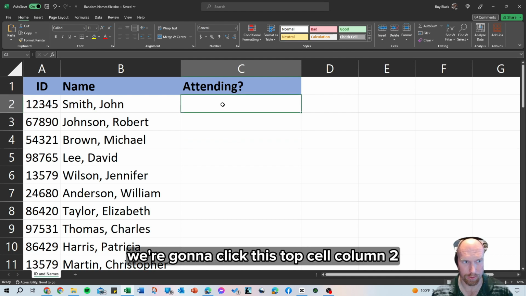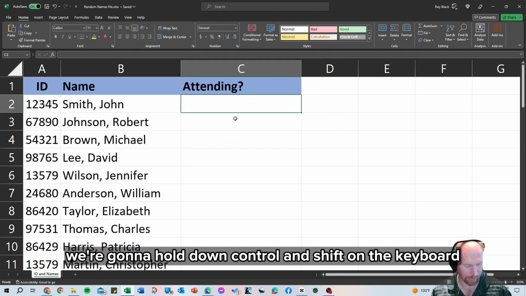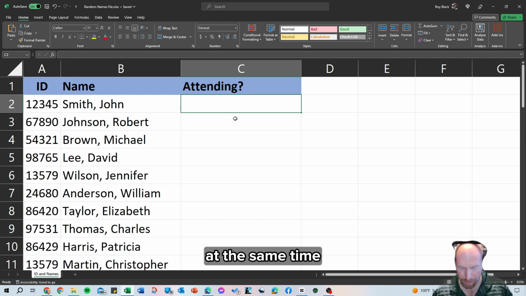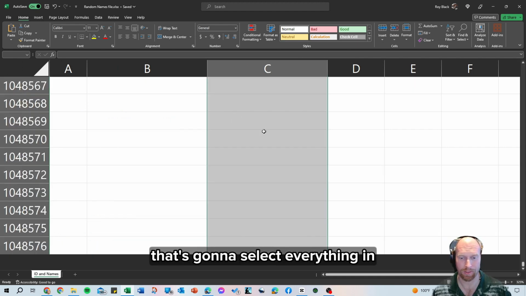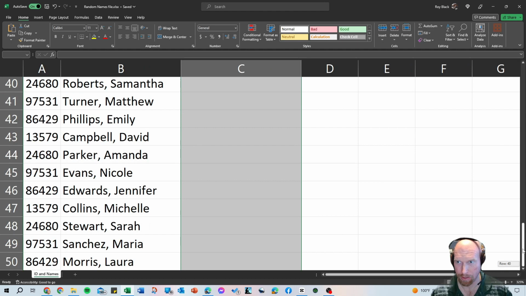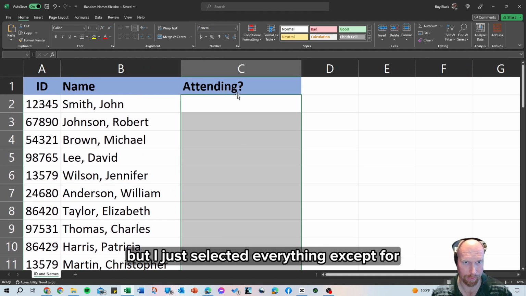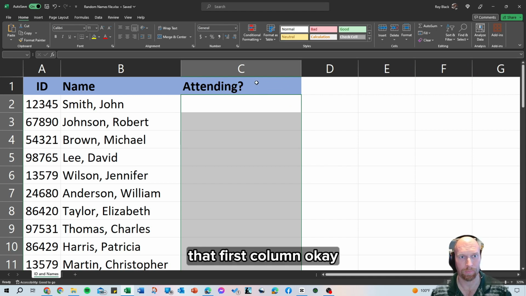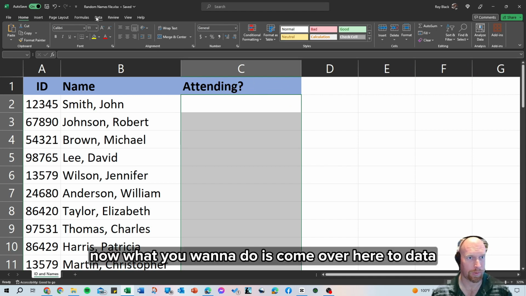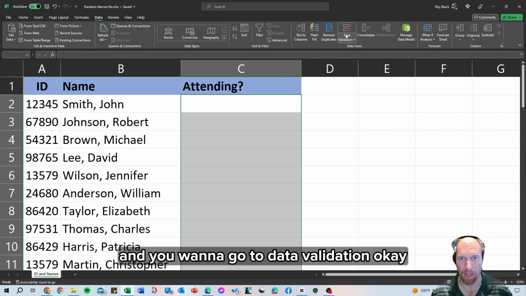Now from here, we're going to click this top cell in column C. We're going to hold down Control and Shift on the keyboard at the same time and press the down arrow. That's going to select everything in this column. You could select only a certain amount of cells if you wanted, but I just selected everything except for that first cell. Okay. Now, what you want to do is come over here to Data, and you want to go